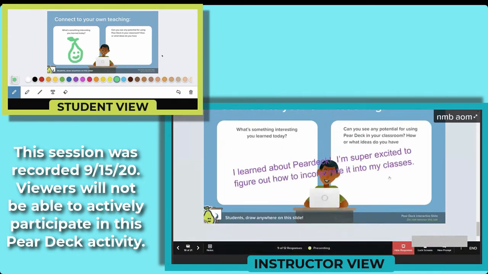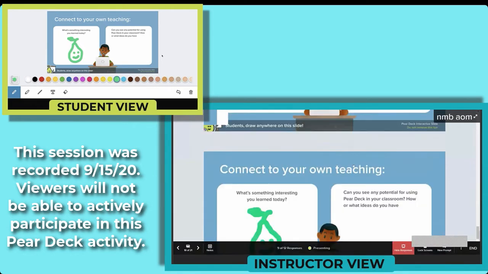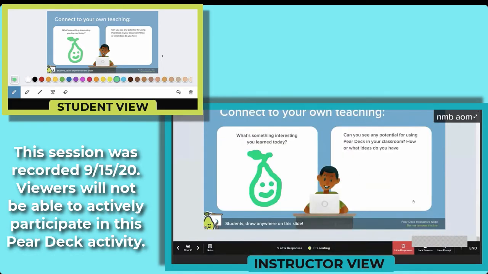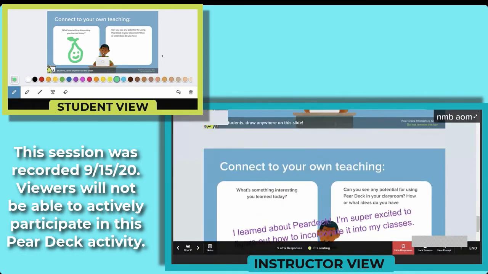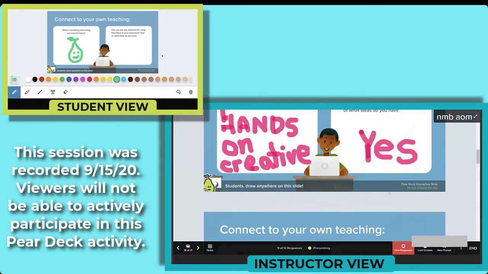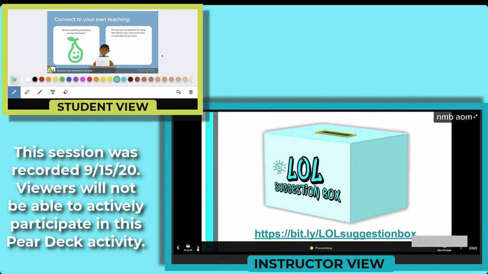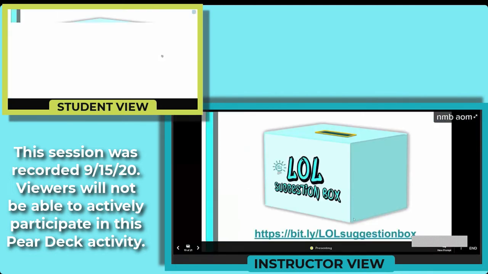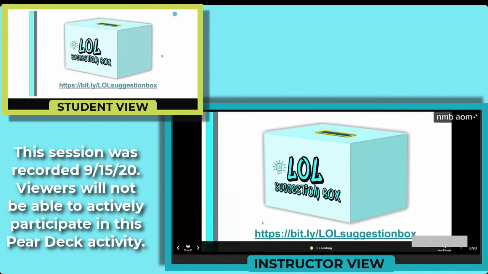Yes, to get more students to participate. I learned about Pear Deck. I'm super excited to figure out how to incorporate it. And someone's a drawer and artist, so you can see those student responses there as well. Hands-on creative, yes. Here is our suggestion box, but before we come back to this,